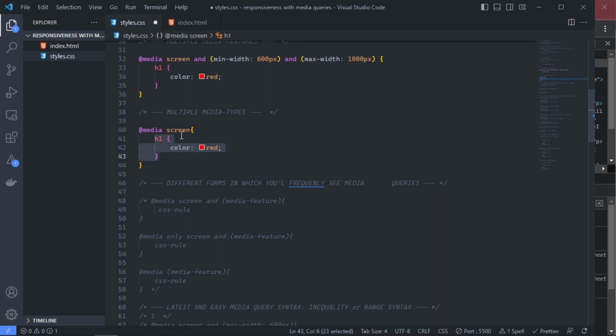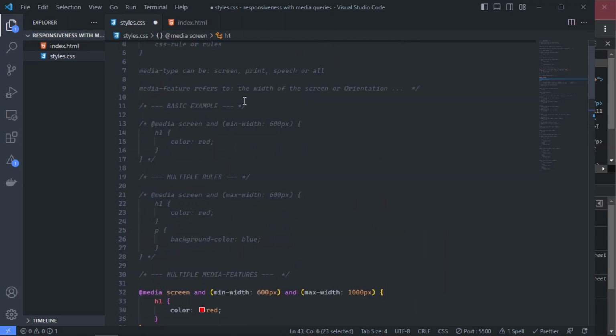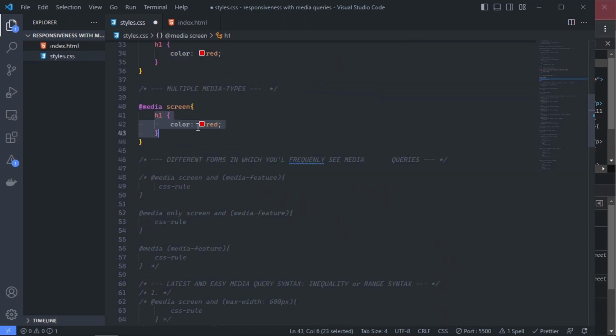on screens. You notice here that the media feature is absent because normally we're going to have the and keyword followed by one or multiple media types, as we see in the cases above. But here we don't have any media type following any and keyword and media type following this screen media type. So basically this CSS is going to apply for all screen sizes